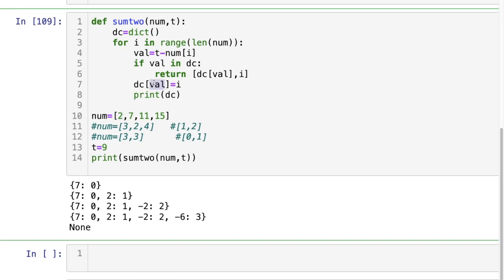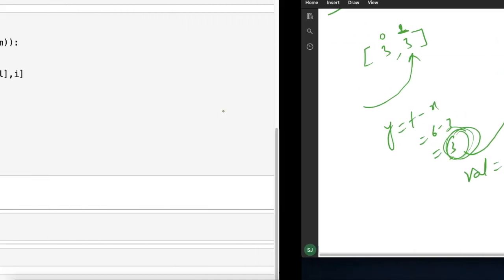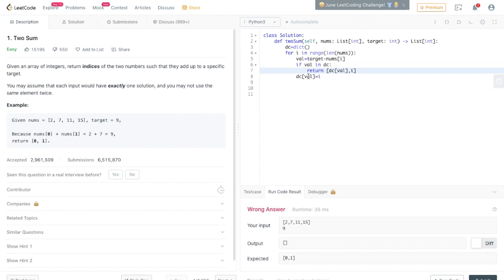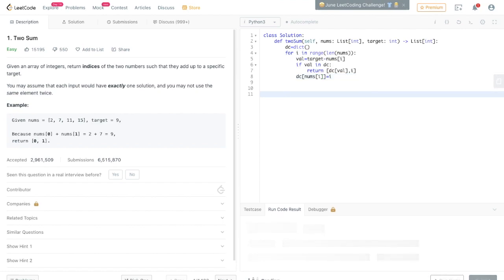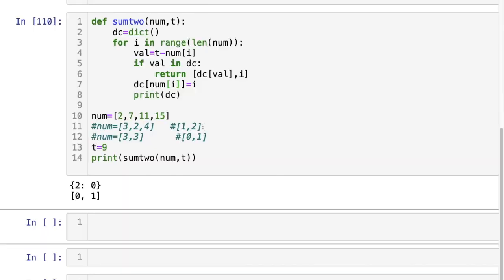So the first value was nums of I. So let us update here. We'll simply add nums of I. So let us run this code. So you can see here it is working fine now. So what mistake we did here, we saw by our experiment.